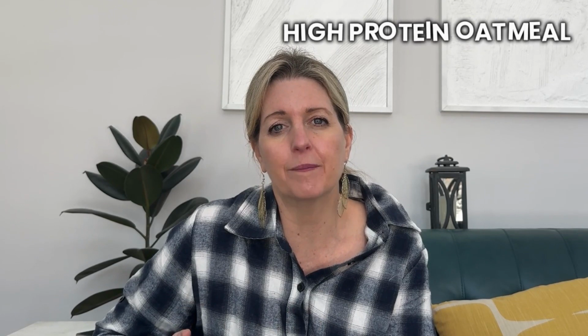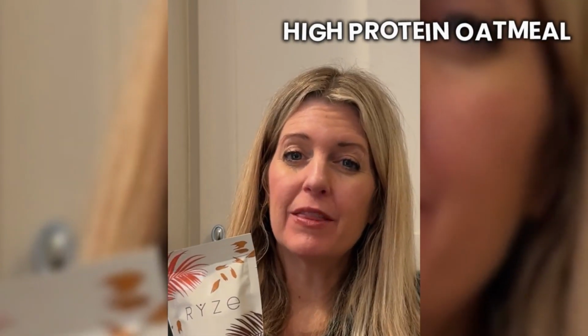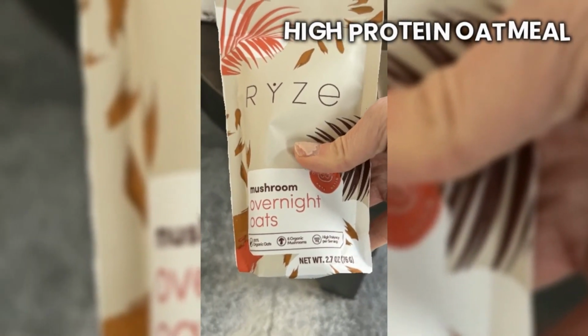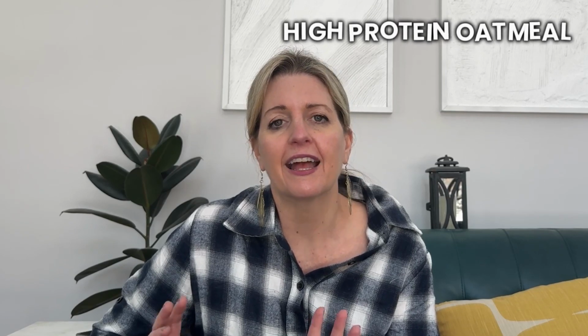And if you want overnight oats, this is a new brand I've been working with. I really like the company Rise, and they make mushroom coffee, but they also make mushroom oatmeal, which sounds really weird. It does not taste like mushrooms, and it has 20 grams of protein. Super easy, just mix it with your favorite dairy or non-dairy milk, put it in the fridge overnight, and it's